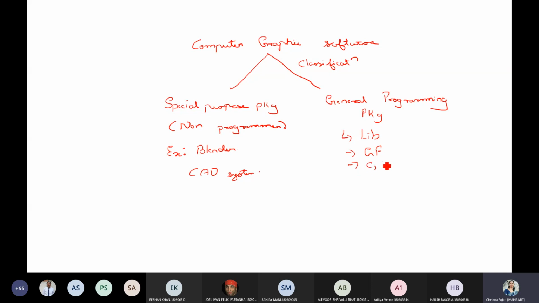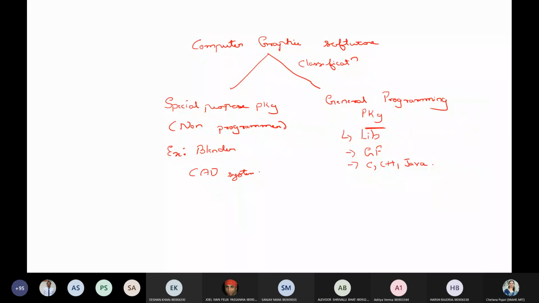You can go with C, C++, Java, and many more. So they are known as general programming packages, and this is special purpose package. In our class, we will be dealing with the general programming package.